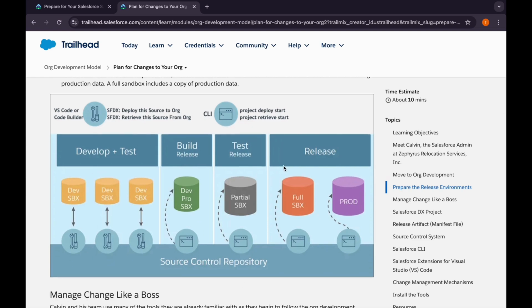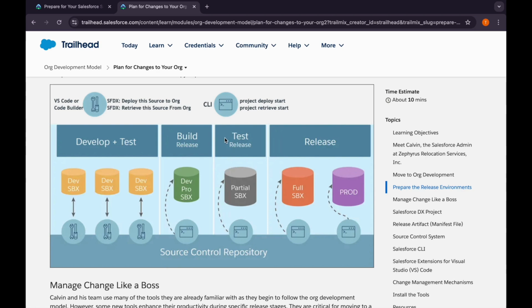So this is just the explanation with the diagram. You can see with the develop sandbox, each team member has their own dev sandbox, and they can retrieve or push their changes to each of their orgs. Then we can have build release, in which we will have a Dev Pro sandbox, and then we can push our changes to this org. And then we will have, for testing,